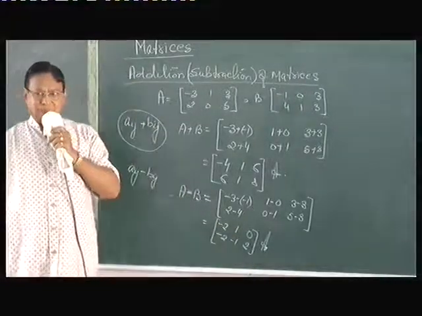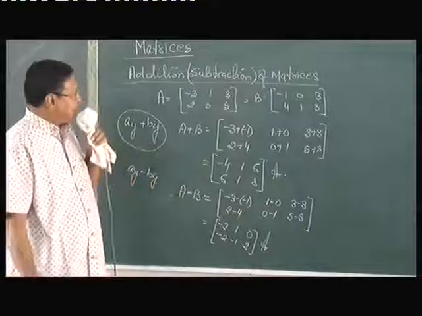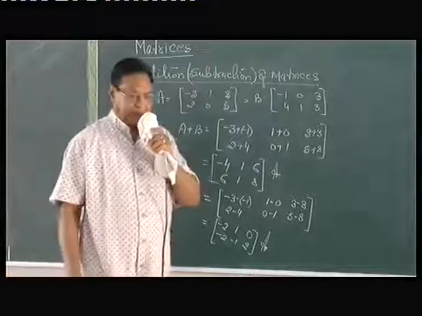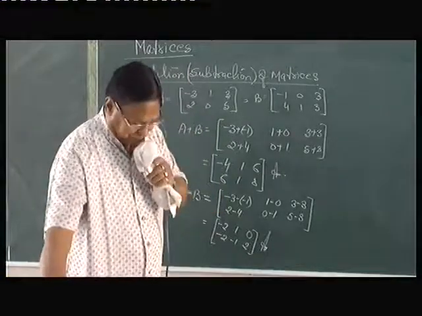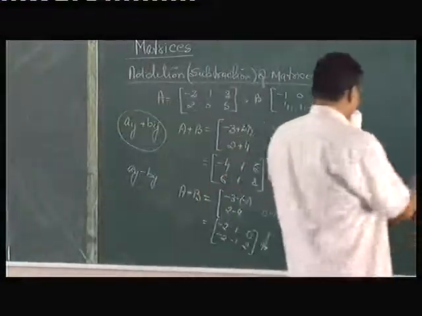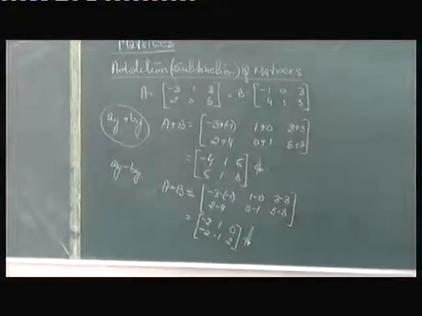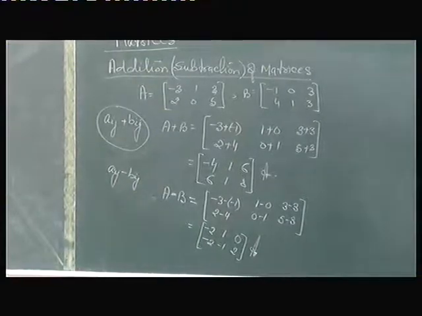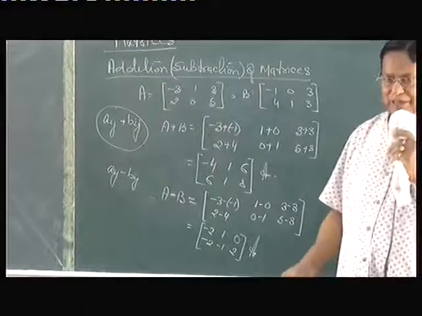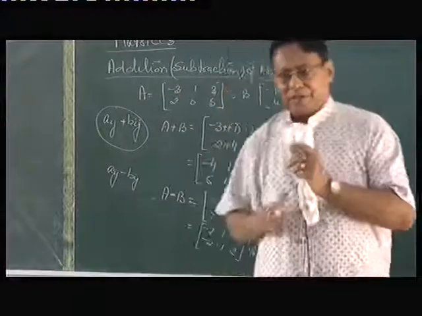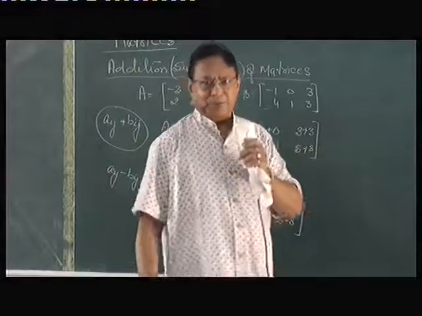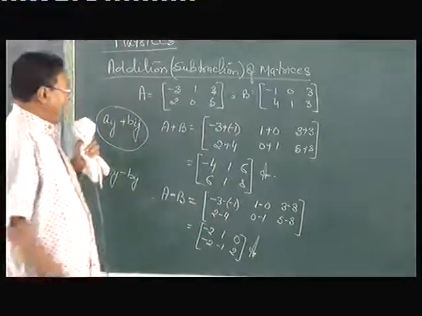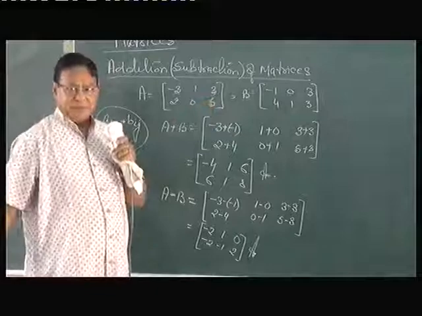So addition and subtraction. It has to be like matrices, and the corresponding elements are added or corresponding elements are subtracted. So what I did is adding two matrices, subtracting one from the other, and multiplying a matrix with a scalar, with a number. It all will be combined together when you get into the exam, right? I just start with this. A is given, B is given.